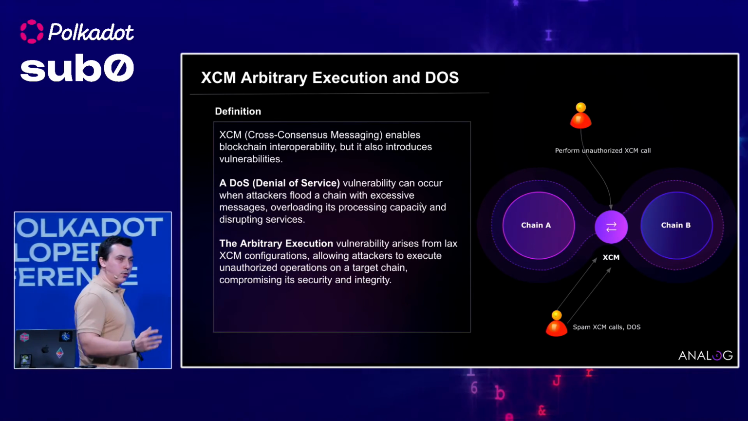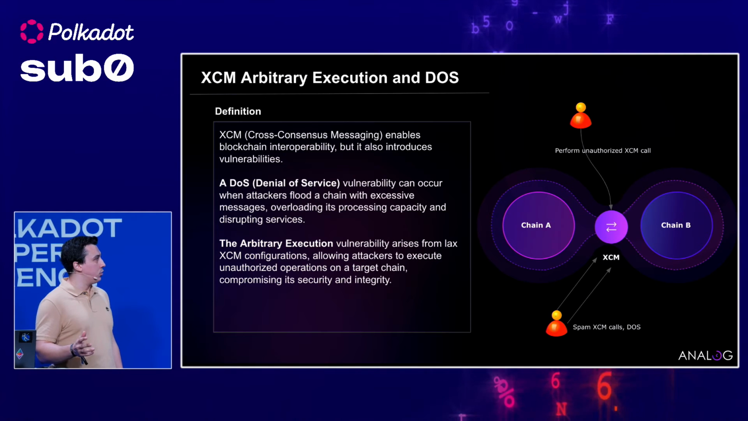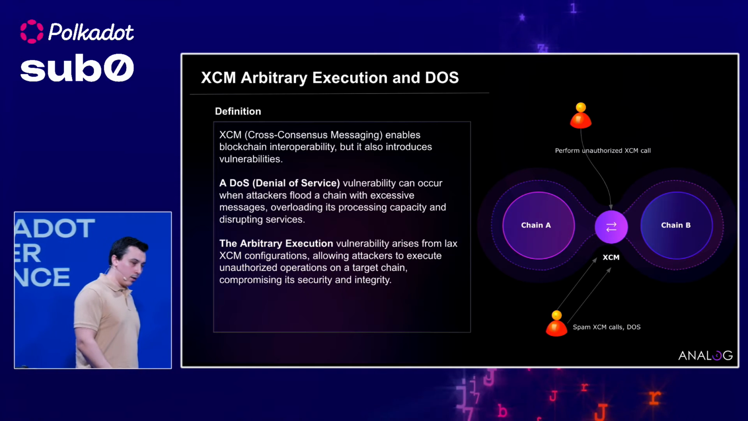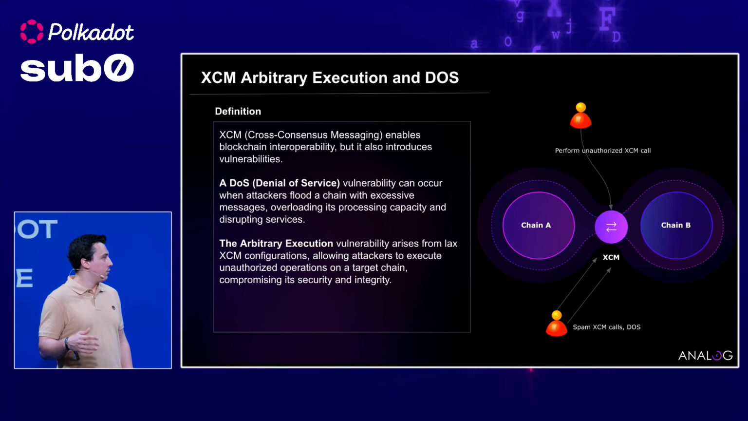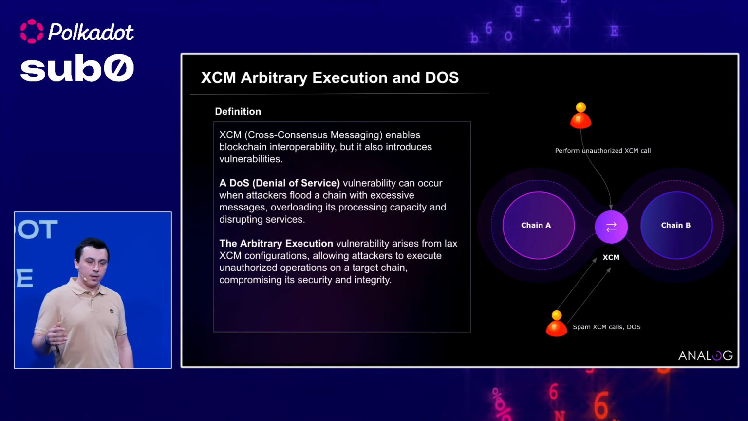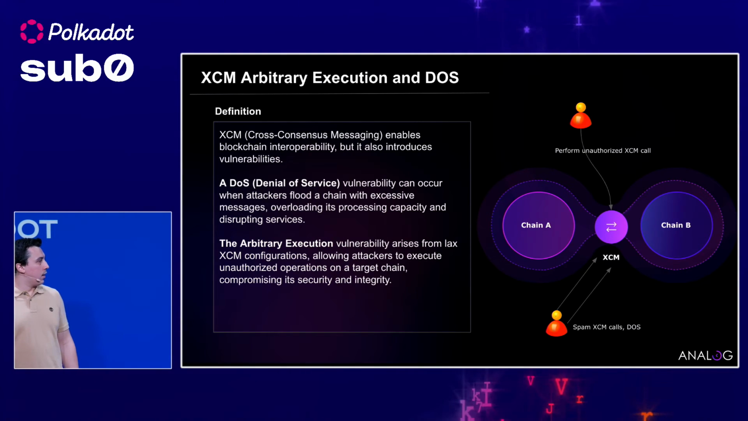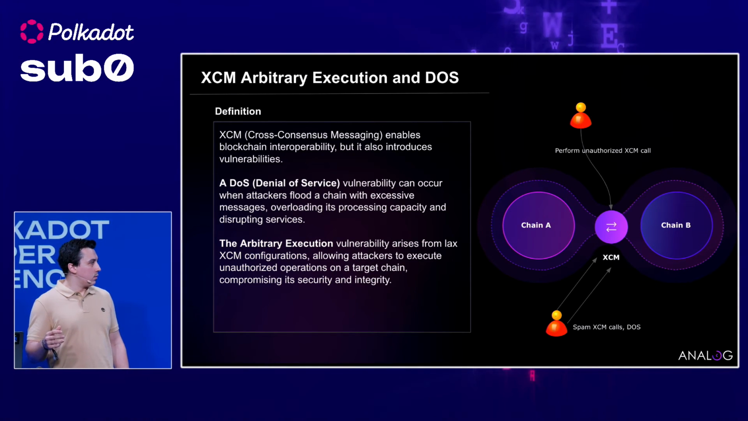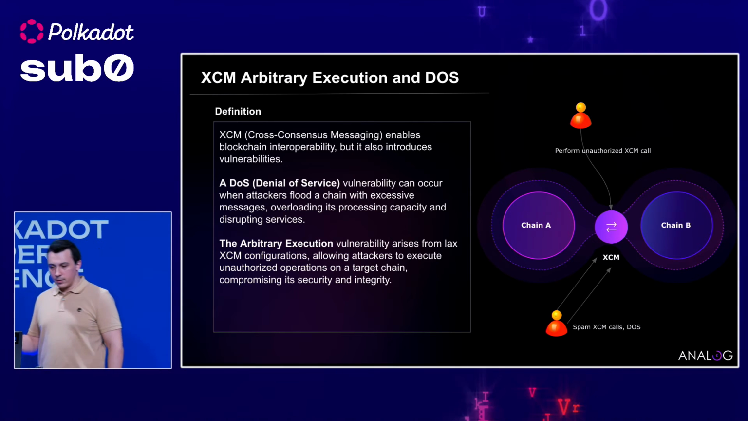And XCM arbitrary execution and denial of service issues. Cross-consensus messaging enables blockchain interoperability, but it also introduces some issues. Denial of service vulnerability can occur when attackers flood a chain with excessive messages, overloading its capacities, which will cause a slowdown of the chain or denial of service. And the arbitrary execution vulnerability is a bit more complex. It comes from lack of XCM configurations, allowing attackers to execute unauthorized operations on the target chain, compromising its security and